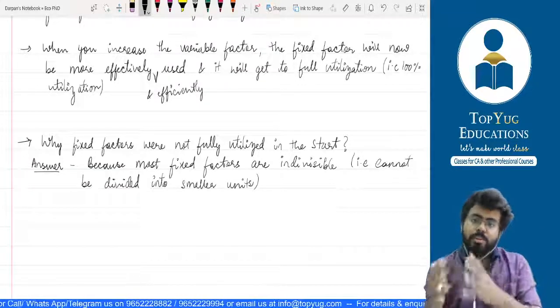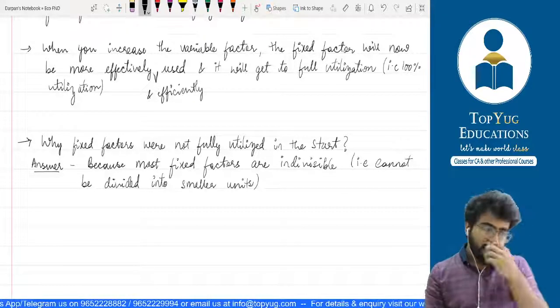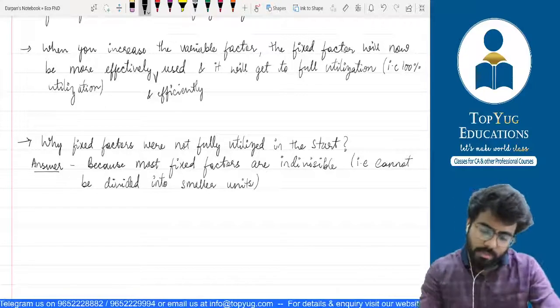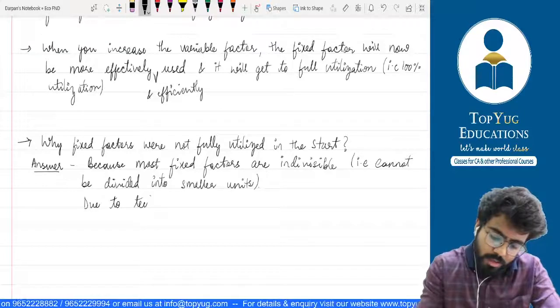Cannot be divided into smaller units. You will have to purchase the entire machinery. Full stop. Due to technological requirements,